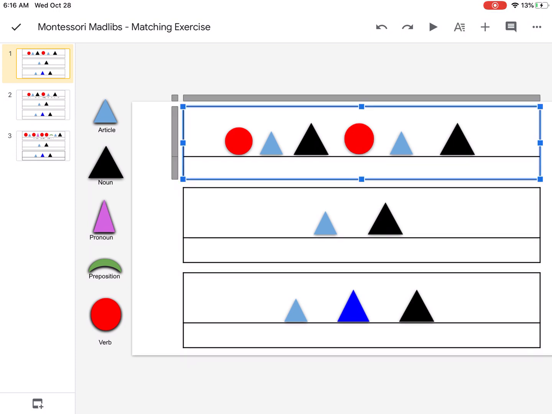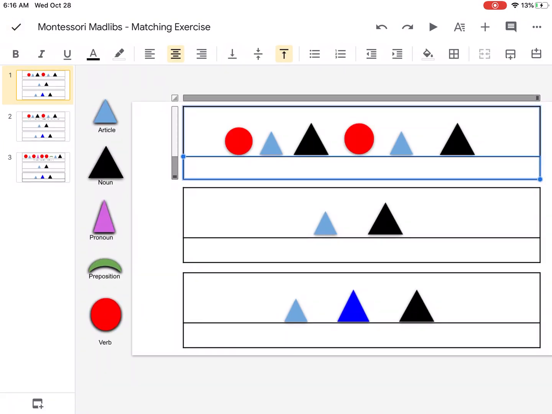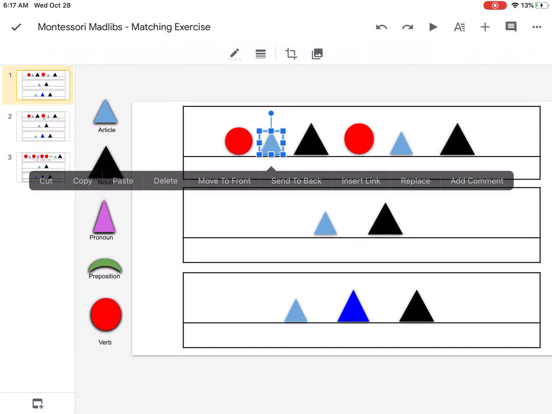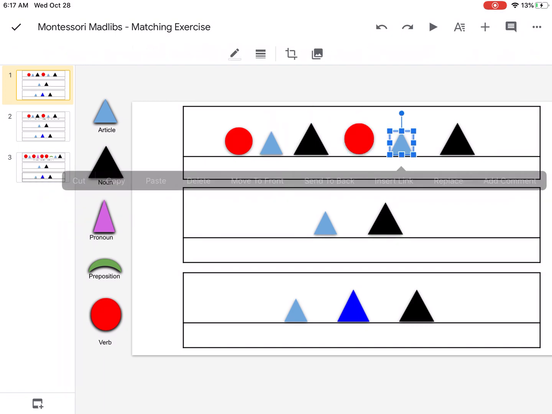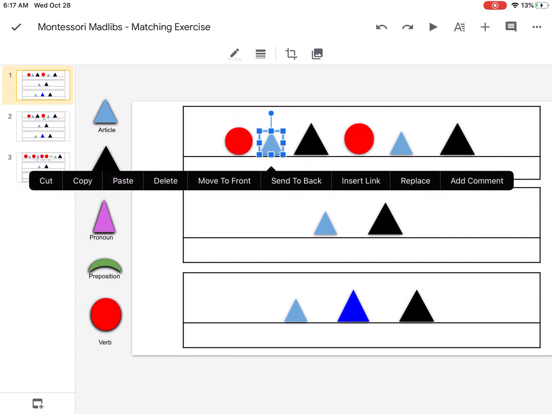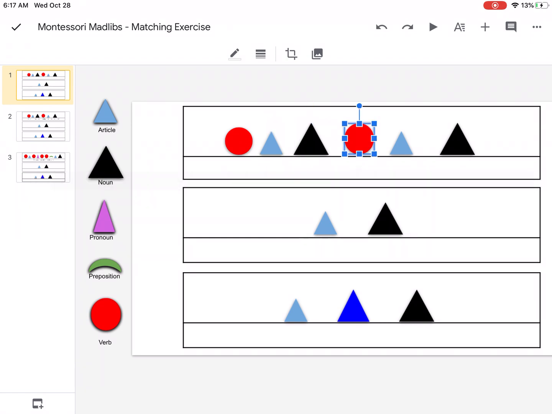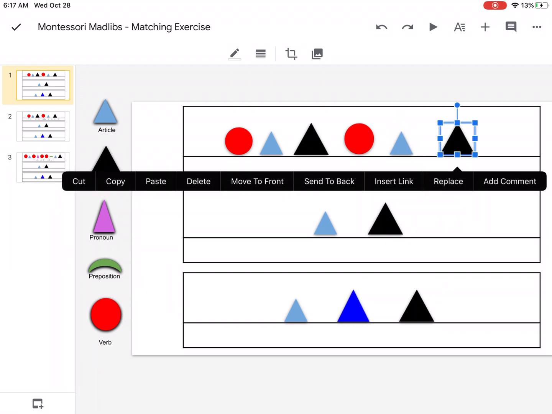On this first sentence here, I see a verb, an article, noun, verb, article, noun. So remember, a verb is an action word, an article specifies the noun, like a or the. A noun is a person, place, or thing. A verb is an action, article, and noun. Let's see here. How about,